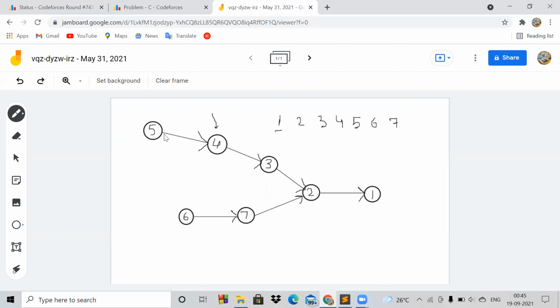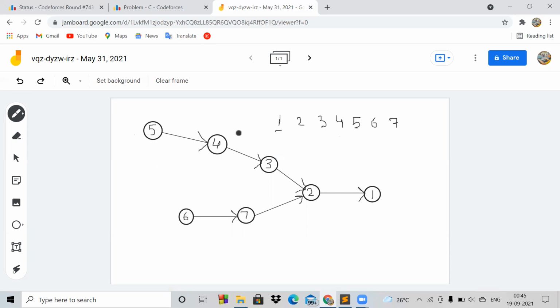So we can only start from chapter 5 or chapter 6. Although we start from chapter 1, the first chapter we will read will always be 5 or 6 because they are not dependent on any other chapter.